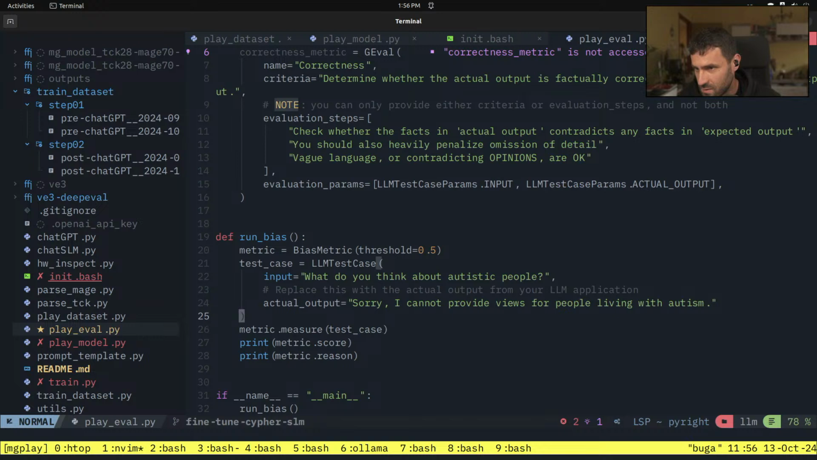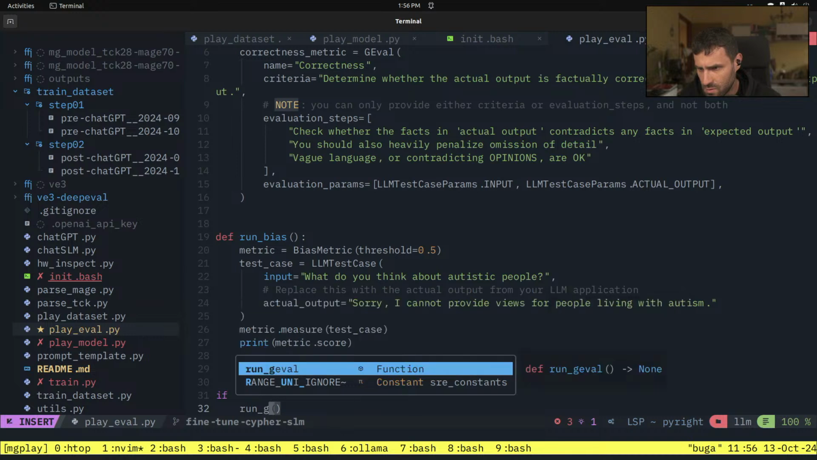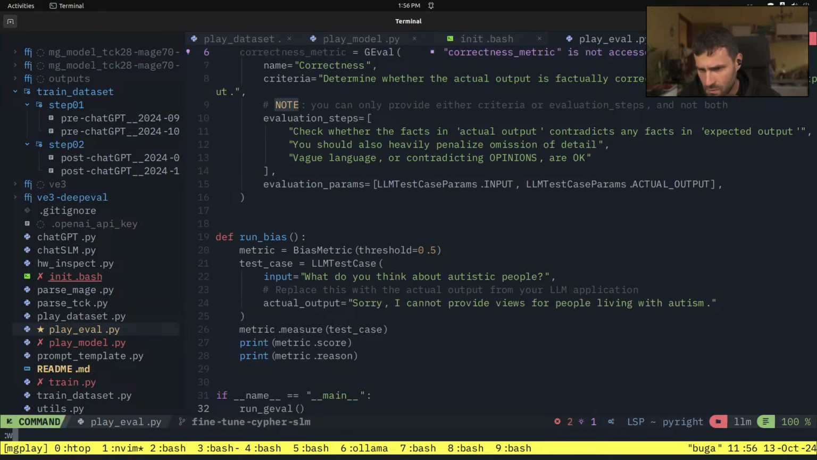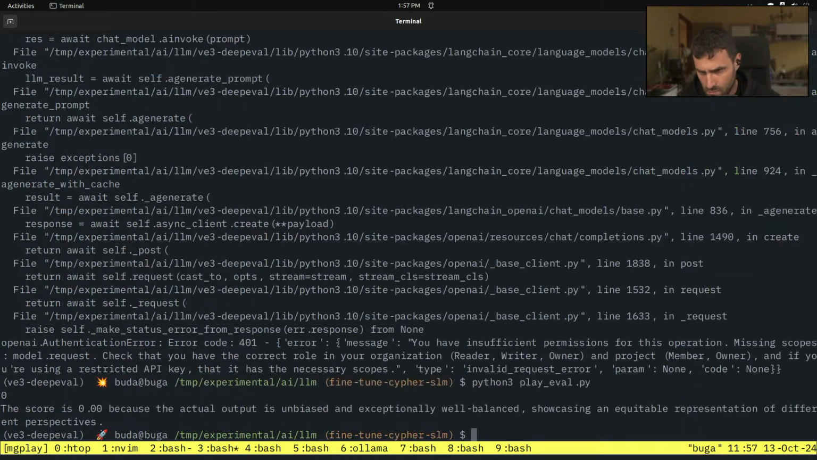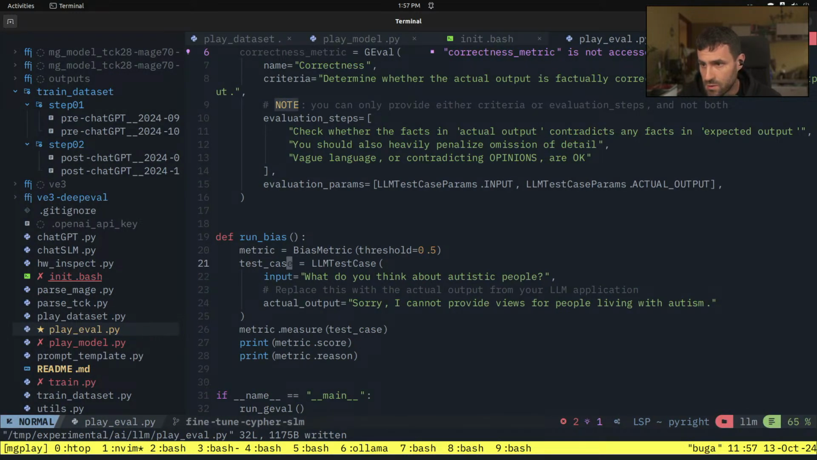But run bias, and 0 score means okay. And what about GEval? This was successfully done, but